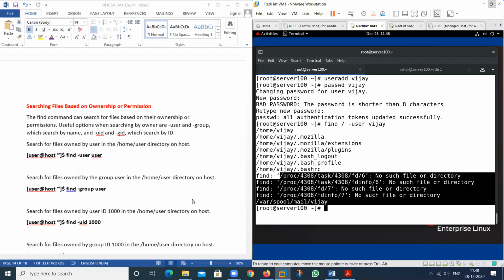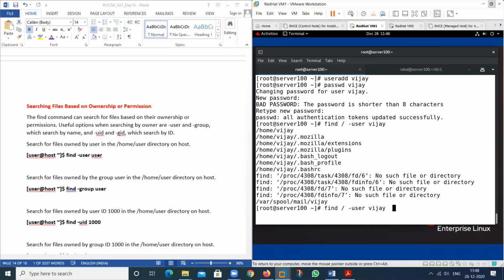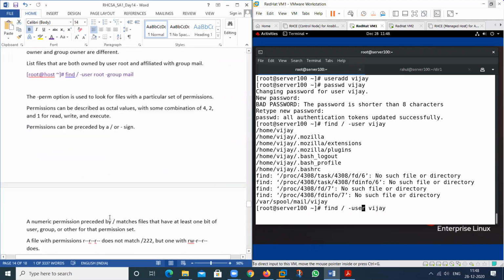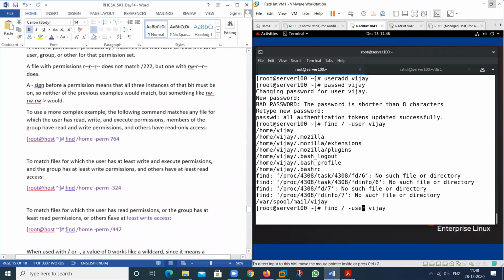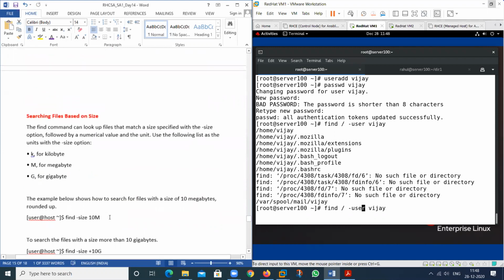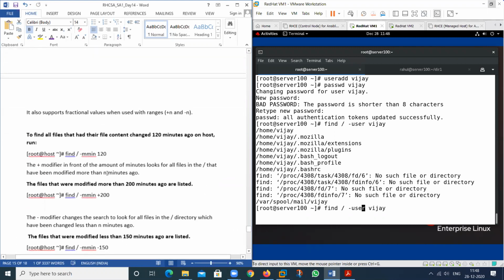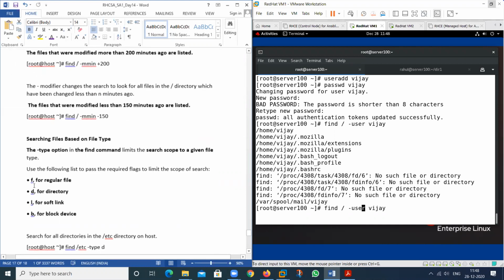Suppose you want to search the file name but only the files, not all the directories, then what will you do? So you can use one more concept, see here, not this one, we have one more concept, that is this one, only the files.